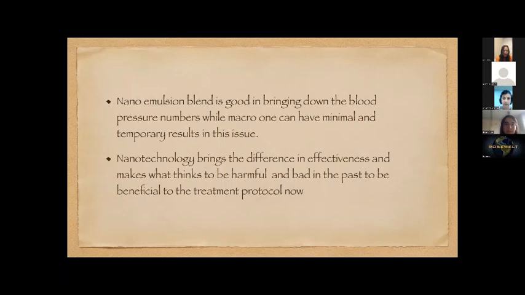For people with high blood pressure, a nano emulsion blend with ketone-rich oil in a cream form brings a very good result if you apply it on the back of the neck or on their feet, and do a little light massage, to bring down the inflammation and the temperature. This helps to prevent stroke, and at the same time can help them to bring down the blood pressure numbers too.